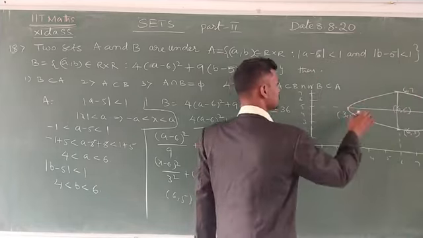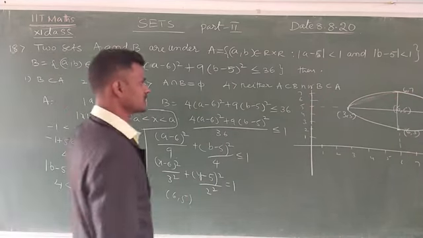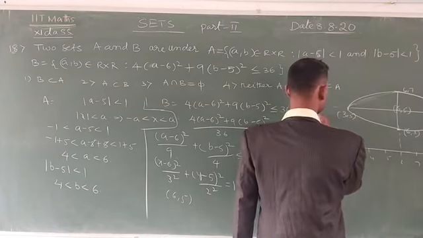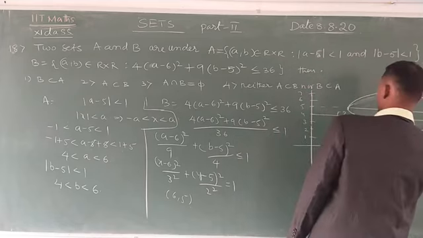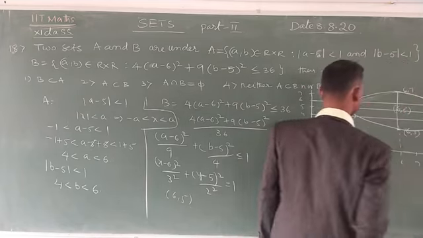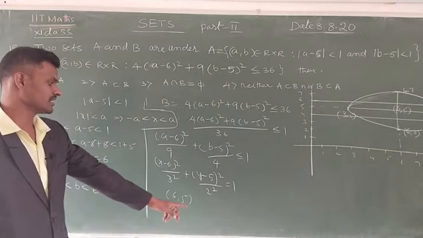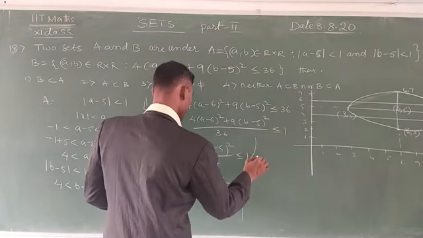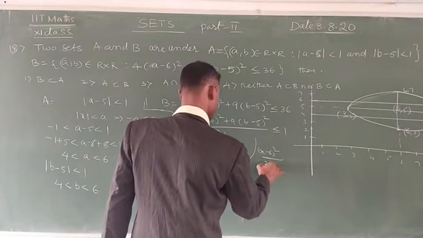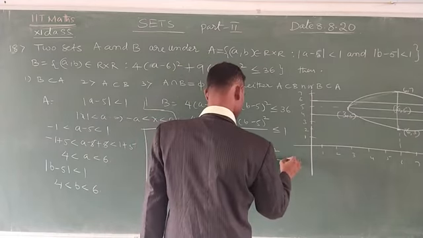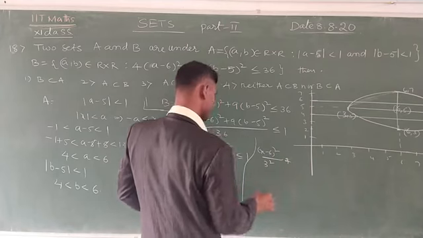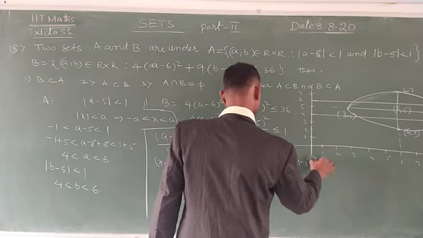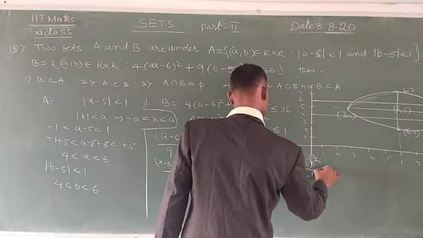Now see here, a lies between 4 and 6, and b also lies between 4 and 6. Here this is 4 and 6, you have to draw lines, 2 lines you have to draw. Now in this equation, for y you can take 2 units, 2 square means 4 units. Then (x minus 6) whole square by 3 square plus y instead you can take 4. Actually here, y is 4, so 4 minus 5 whole square by 2 square is equal to 1.